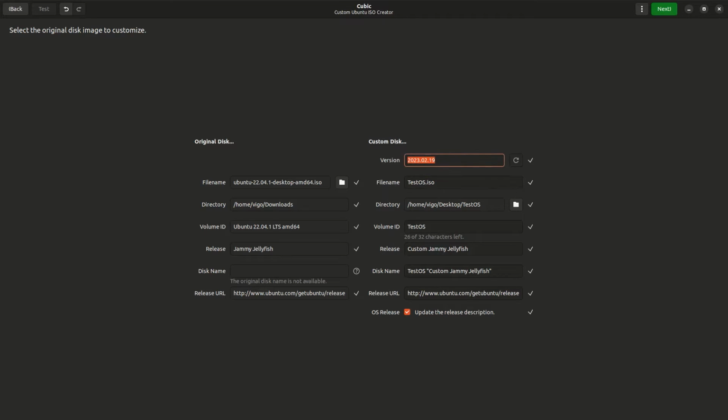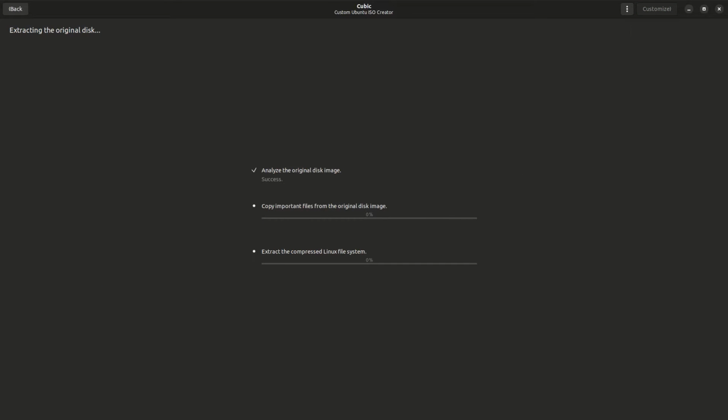And for the version, I'm going to set it to 1.00. Oh, and it changes the computer name. Great. The file name is TestOS 1.00.iso. Click on next, and now it's going to decompile our ISO,